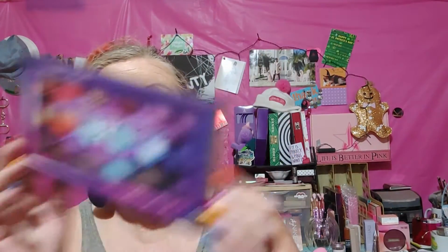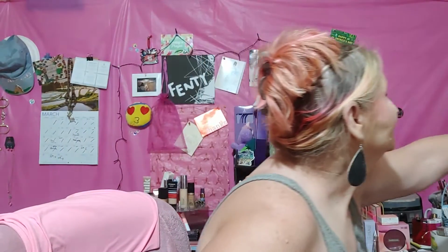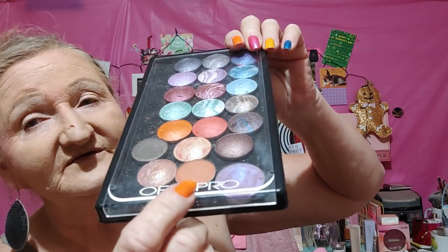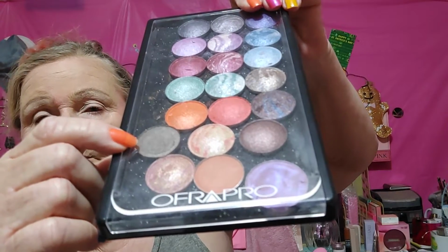So, basically, this was the sleeve for the palette, and all of these beautiful shades were in there. I took them out. And basically there are 3 shades in here that I added to it. This is from Space Case, and I felt like we needed a transition shade. And this one is a dark brown shimmer that came out of the Makeup Geek $10,